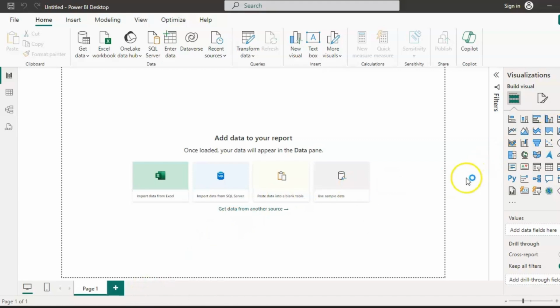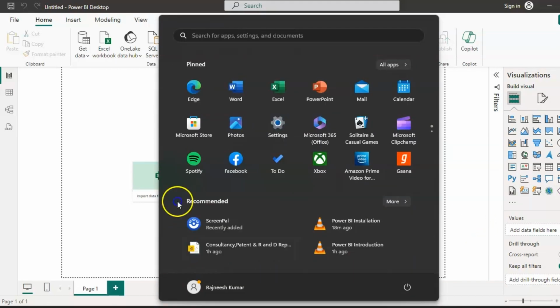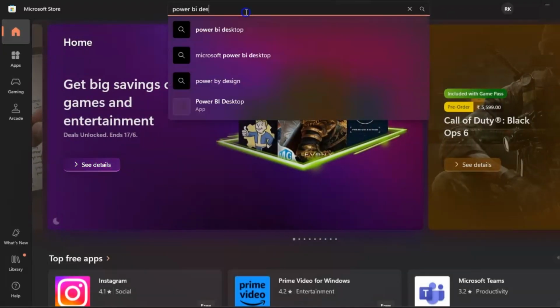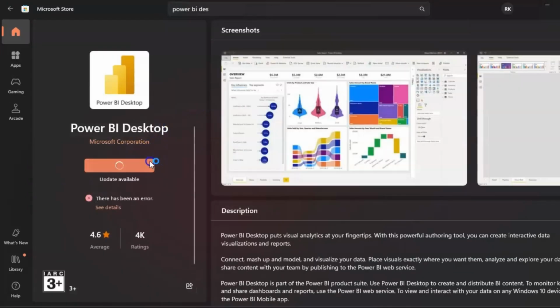The first way in which you can install Power BI on your laptop is by making use of the Microsoft Store. Directly on your laptop itself, you can search for Microsoft Store. So here it is. Using the Microsoft Store, if I search for Power BI desktop over here, you can directly navigate and download Power BI desktop from here itself, right? So this is one way in which you can install Power BI desktop on your laptop, using the Microsoft Store, which is already there on your laptop, right?